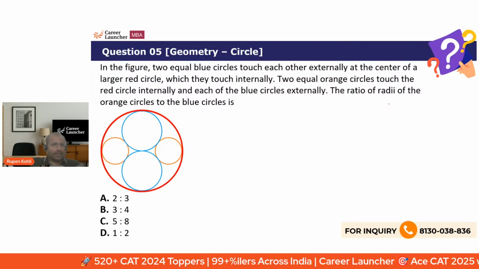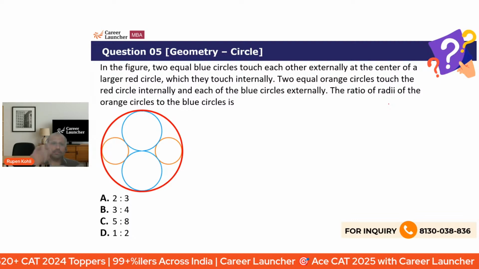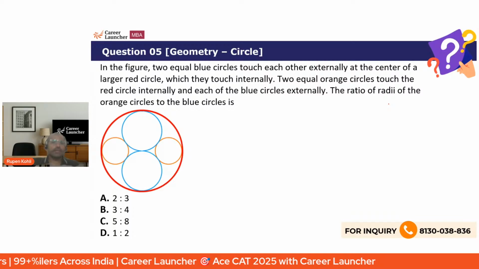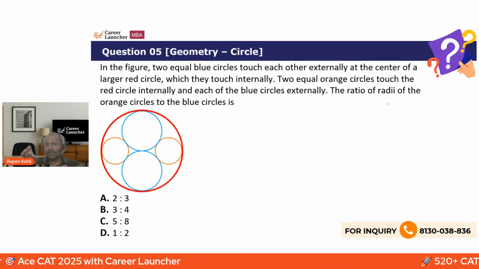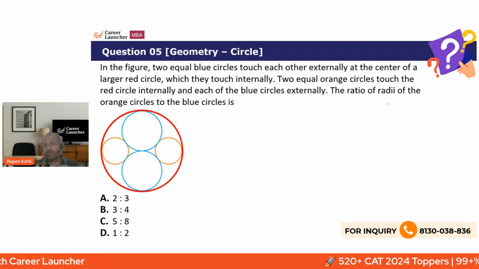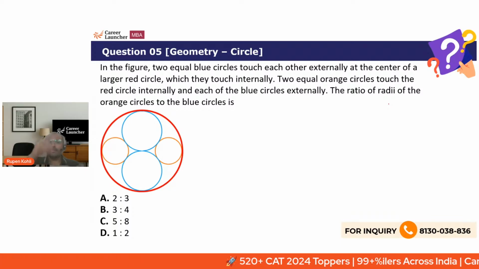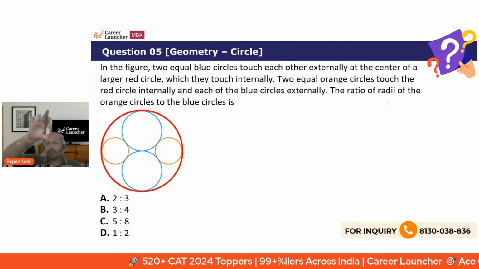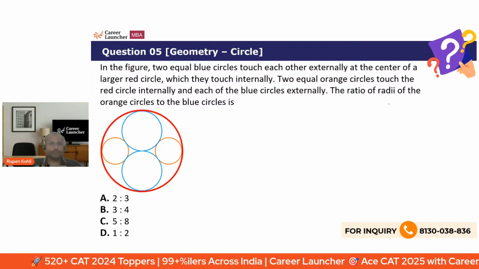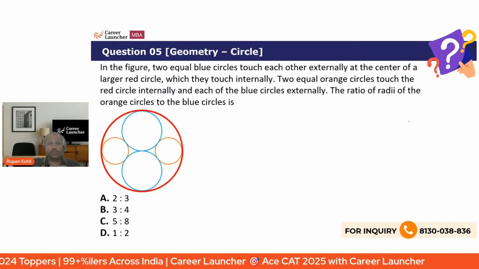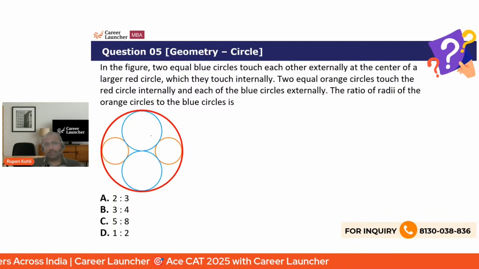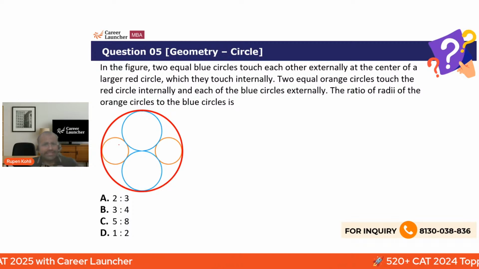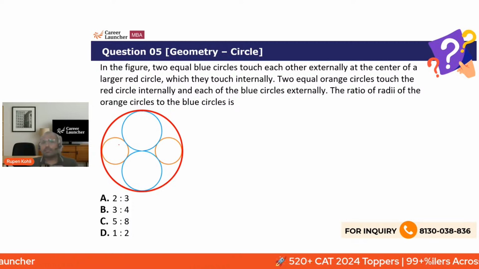Now, you can see a lot of circles which are touching each other, right? The two blue circles are congruent, right? Since they are meeting at the center of the larger red circle, obviously the radius of the blue circles is half of that of the red circle, right? The radius of the red circle becomes the diameter of the blue circle. Now we are more concerned with the blue and the orange circles, as the question has asked us for the ratio of their radii, orange to blue. Obviously, orange circles definitely are smaller than the blue circles. That is why you can see all the ratios are less than 1.